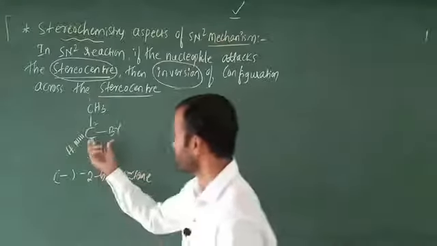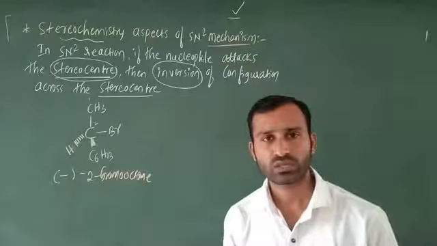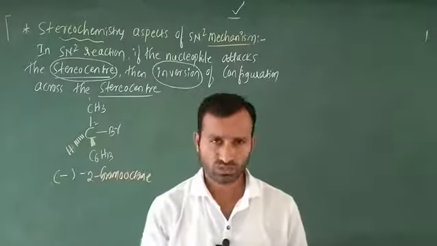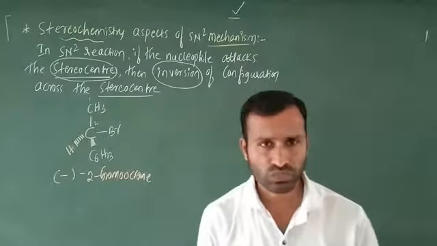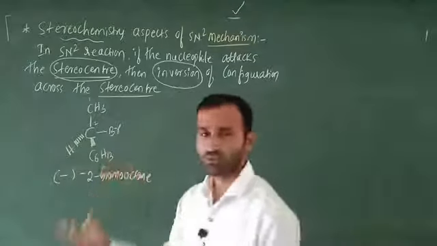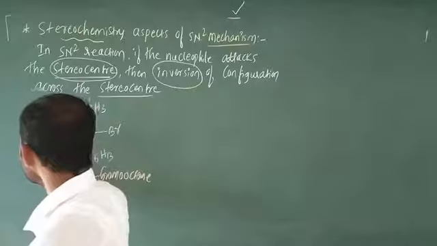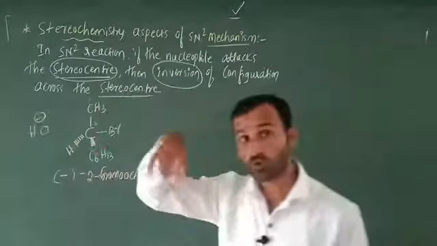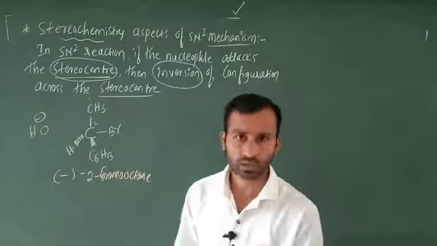Next, you have to take this one, and it can react with NaOH. I am going to consider aqueous NaOH. In aqueous NaOH or KOH, the nucleophile must be the same, that is, the nucleophile is OH minus. If you want you can take KOH, no problem. Next, this is OH minus. This OH minus comes from NaOH or KOH, that is, 100% aqueous, not alcoholic.